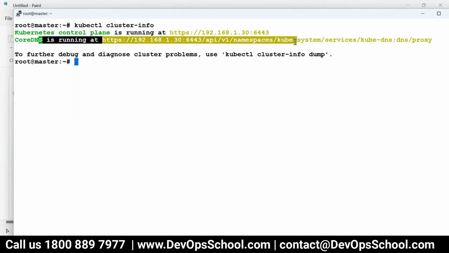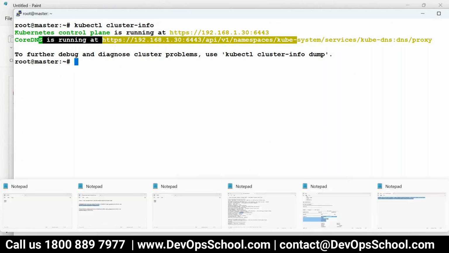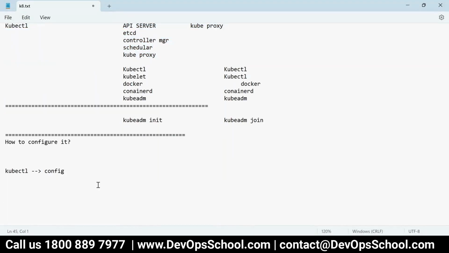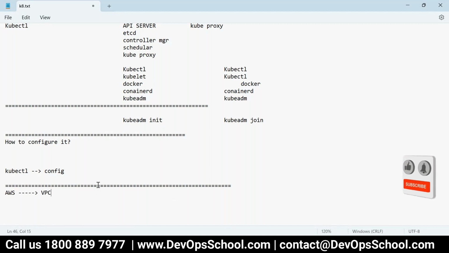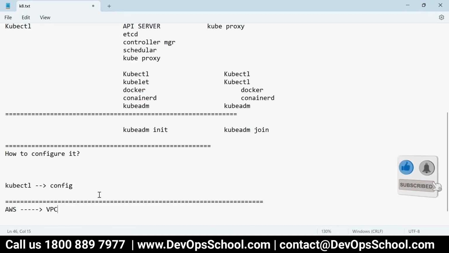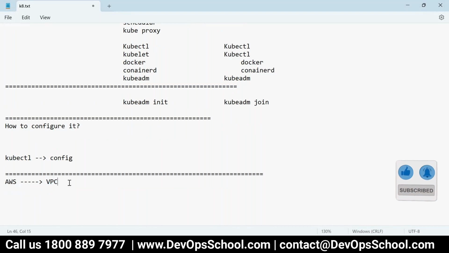So now what to do? It's a very simple way I'll put it. When you go to AWS, what do you ask first? You want to create a VPC, correct? Something like this, and after that you create an EC2 instance.